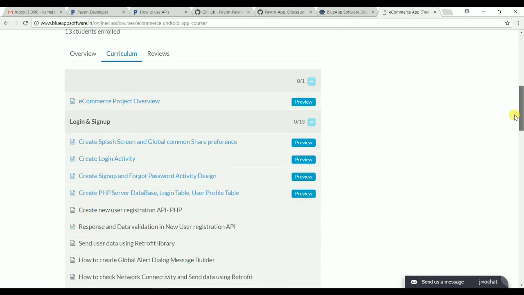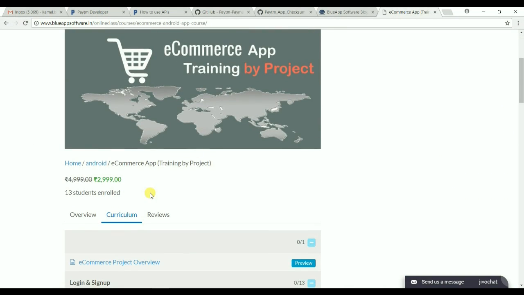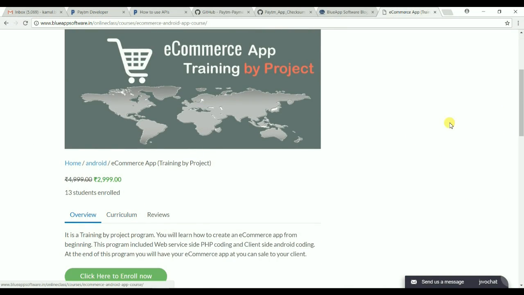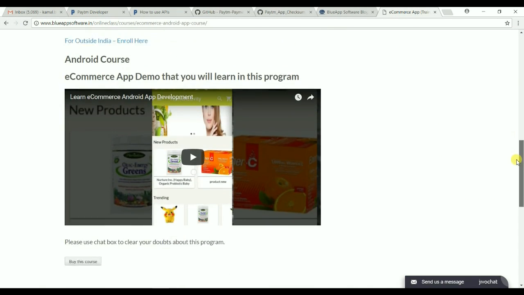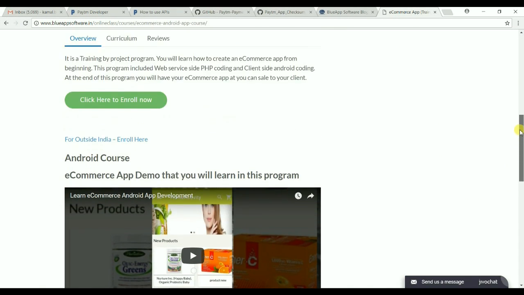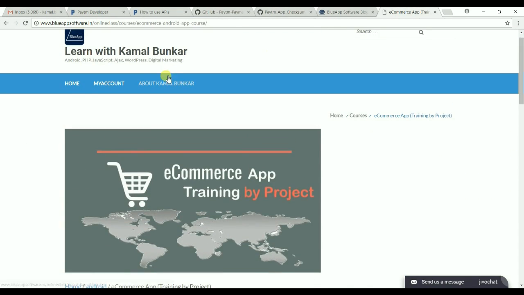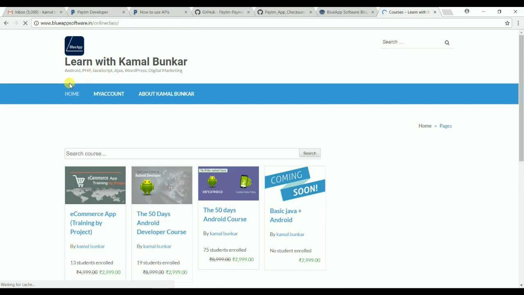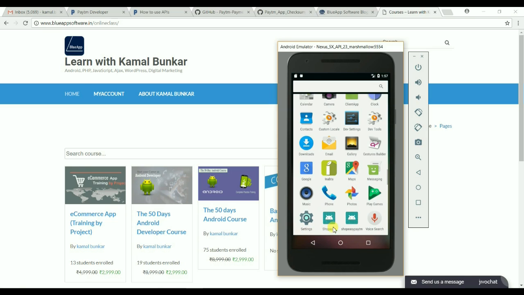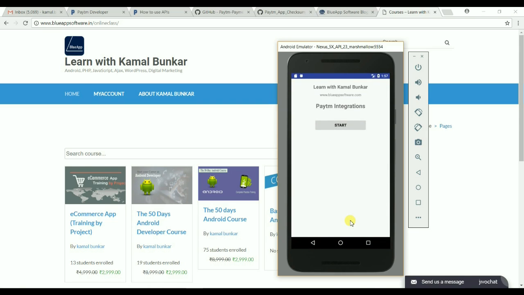This course is running right now, so you can see the course content and how this e-commerce app will look once it is complete. You can find the other course too on this URL, the 50 days Android course. Right now there are two courses, and we are going to add a few more. So let's run this code.